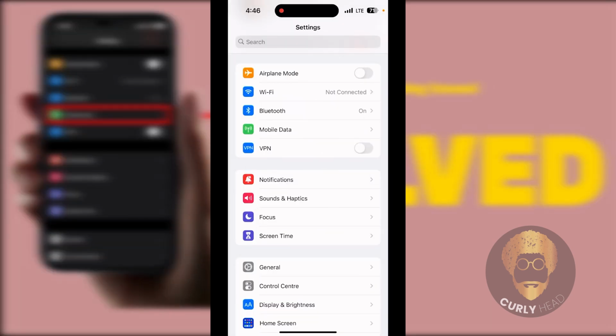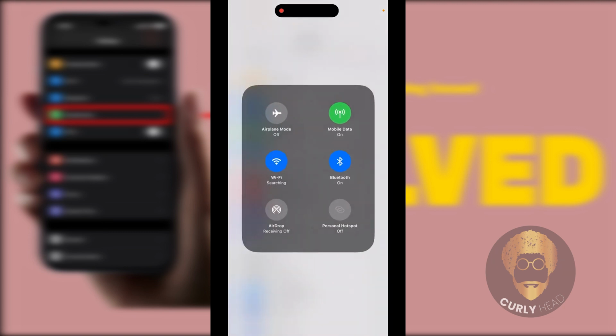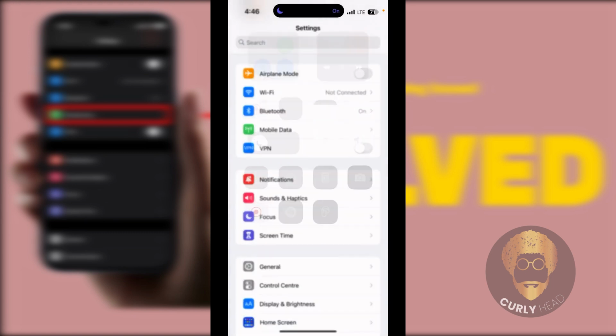So recently I faced a problem with my hotspot. It's not showing here, not even with this icon. I can't turn it on, it's grayed out. So if you face a similar issue, simply go to your mobile